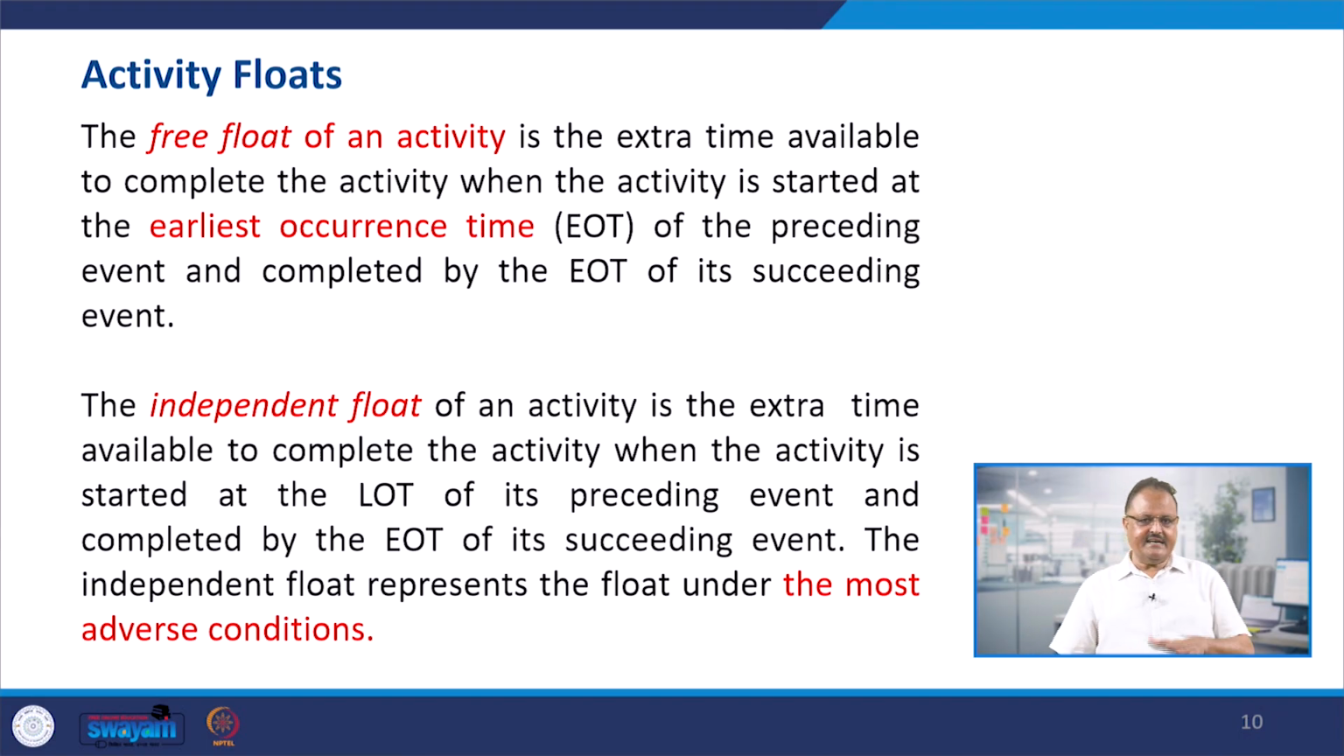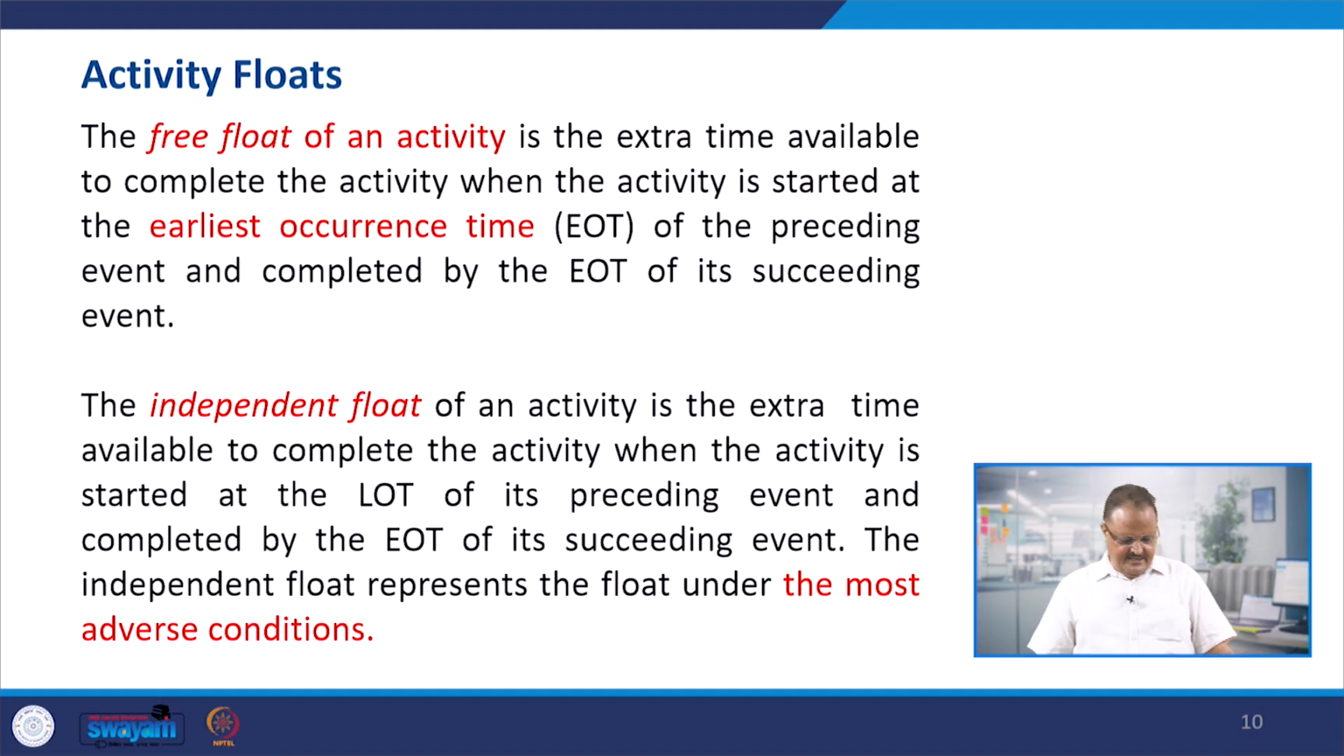Because we started at LOT, though we completed it at EOT, it means the latest occurrence time was taken at the preceding event, because conditions are most adverse. Had the conditions been suitable, we could have completed that event in the minimum possible time. But because we completed the preceding event at the latest occurrence time, though we completed it at the earliest occurrence time of the succeeding event, because of the adverse conditions the beginning of the preceding event was at the LOT. Because of that, that float is called an independent float, and it happens only in